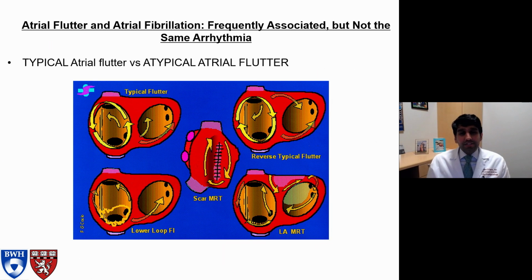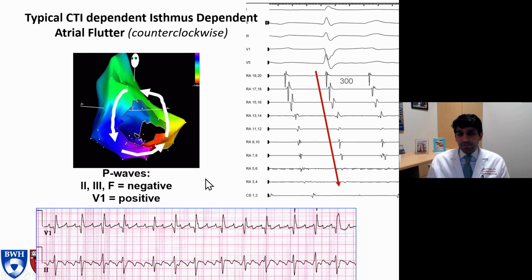Now, we do make a lot of distinction between typical atrial flutter and atypical atrial flutter. Really the only meaning of that is typical atrial flutter means that the circuit involves the right atrium and specifically a piece of tissue between the tricuspid annulus and the IVC known as the CTI, the cavo-tricuspid isthmus. Every other flutter is referred to as atypical atrial flutter. The reason we try to discern this is because in the electrophysiology lab, typical atrial flutter is relatively easy for us to treat. We can burn that little isthmus between the IVC and the tricuspid annulus and get rid of typical atrial flutter